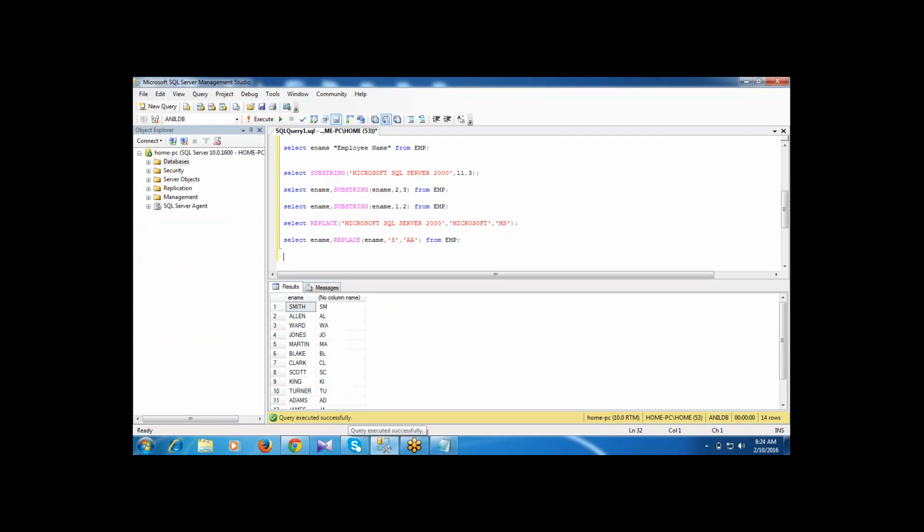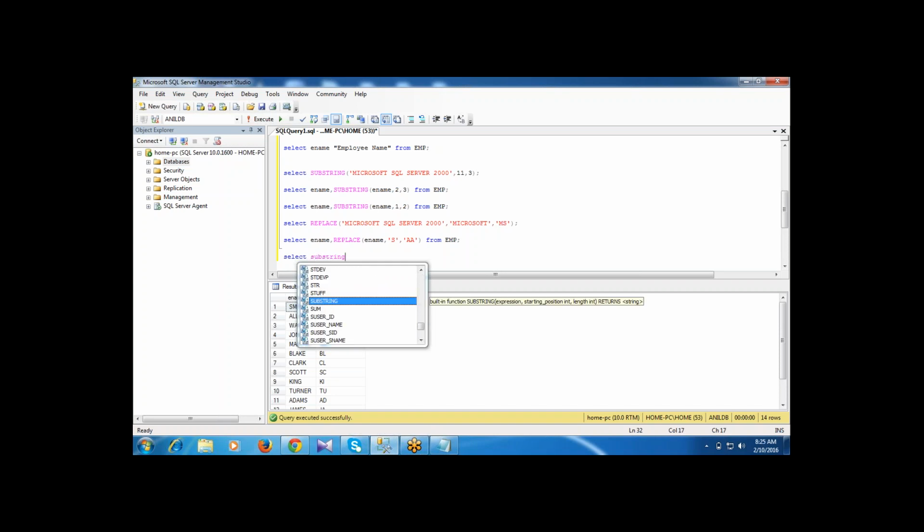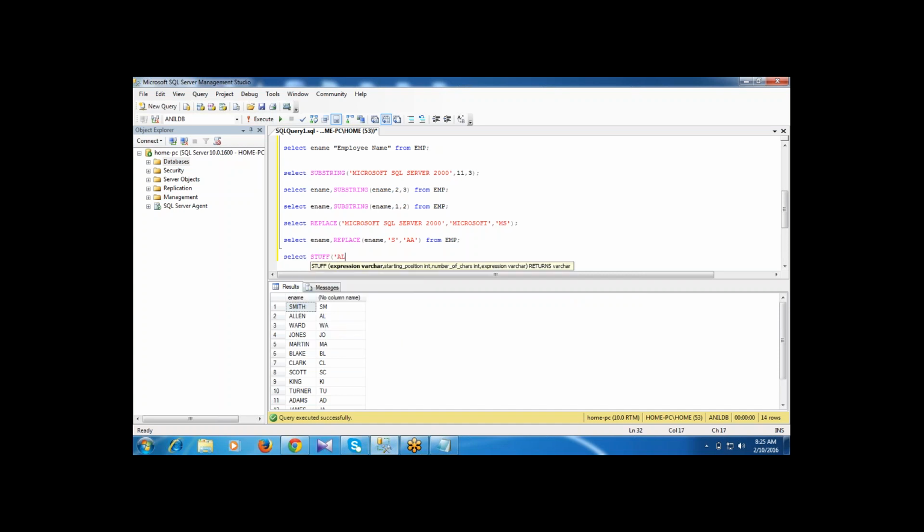How the stuff function works, we'll see. Here ename, or substring or stuff function. Here I'm giving stuff, Microsoft SQL Server 2000. Then the starting position is the 11th character.